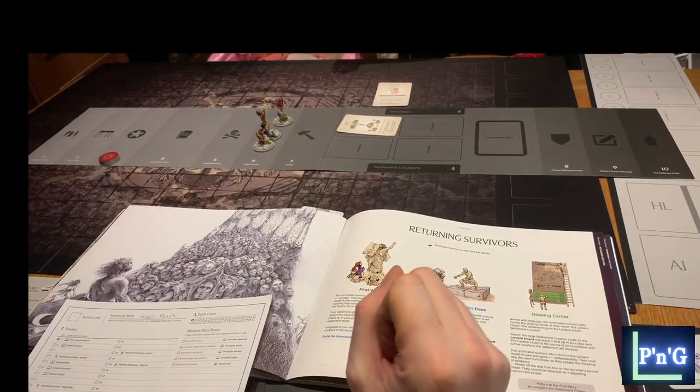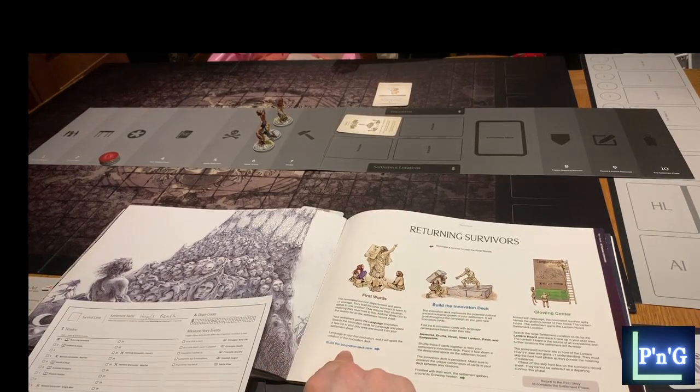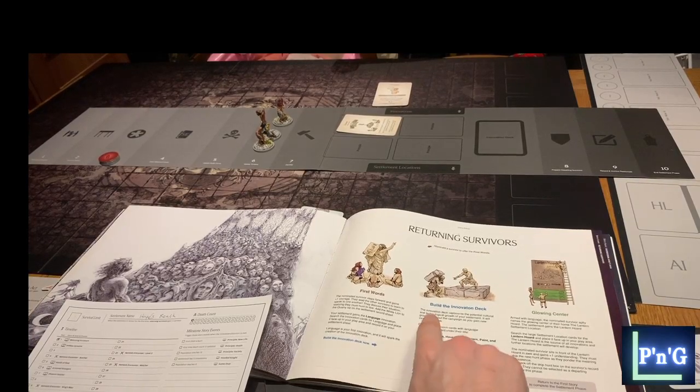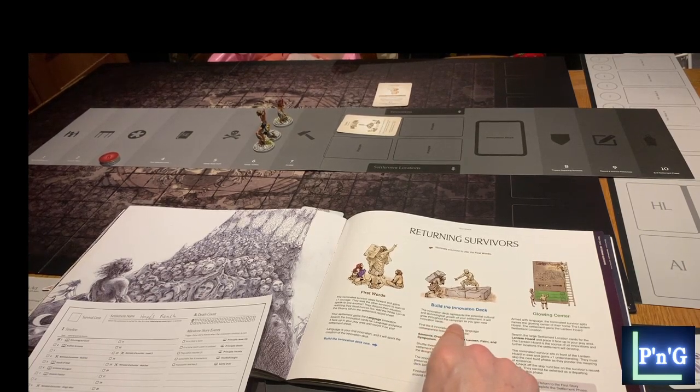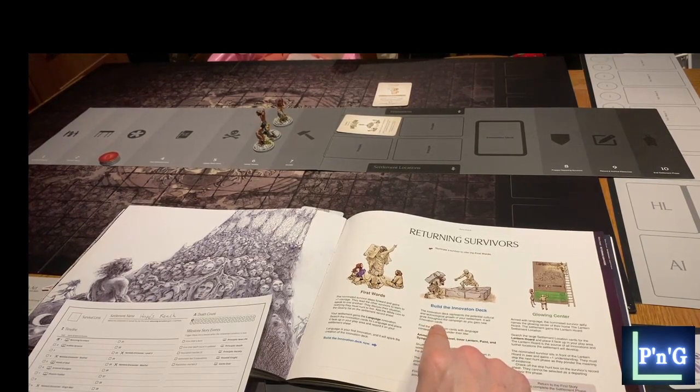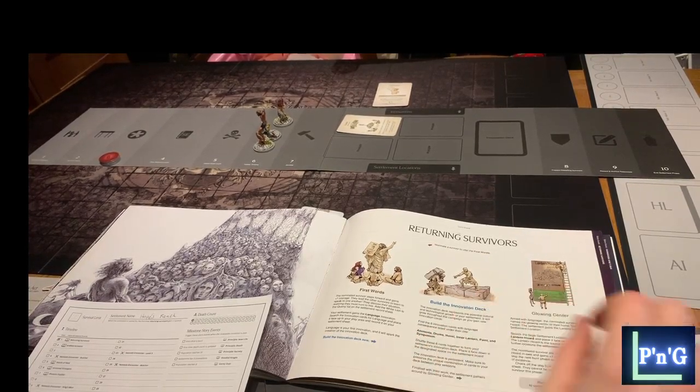So, language is your first innovation, and it will spark the creation of the innovation deck. Build the innovation deck now. The innovation deck represents the potential cultural and technological growth of your settlement. It will grow throughout the campaign as you gain new innovation cards. Find the 6 innovation cards with language consequence